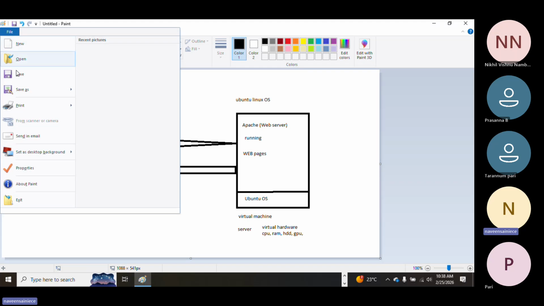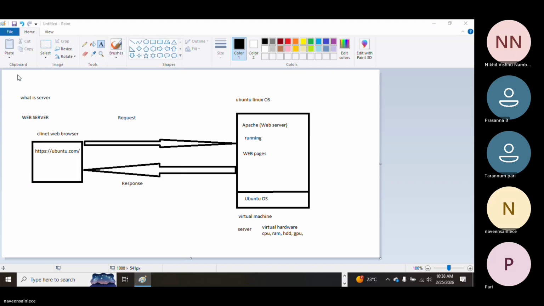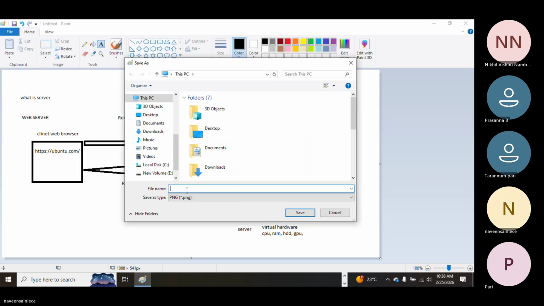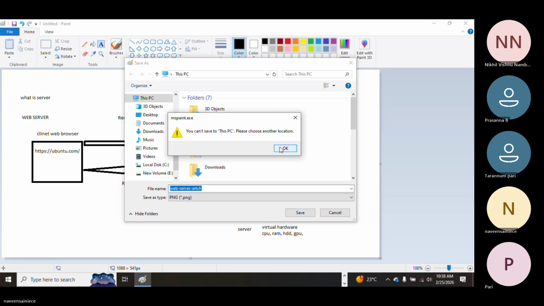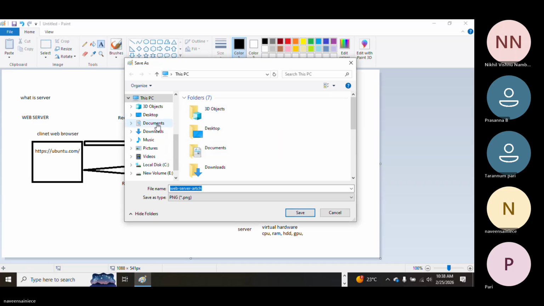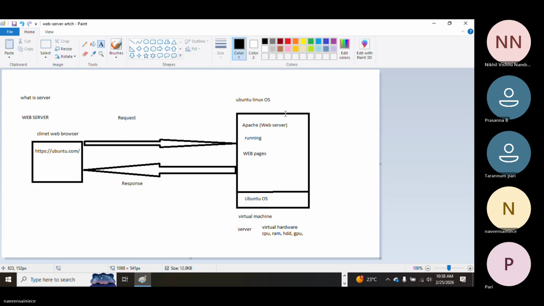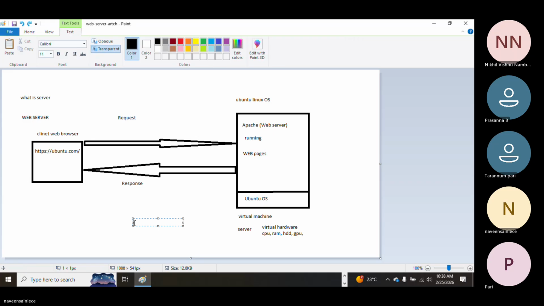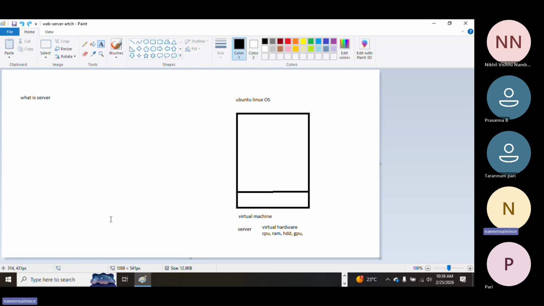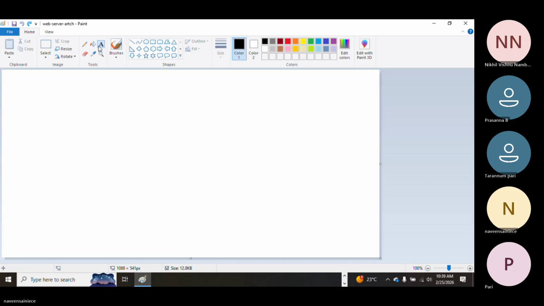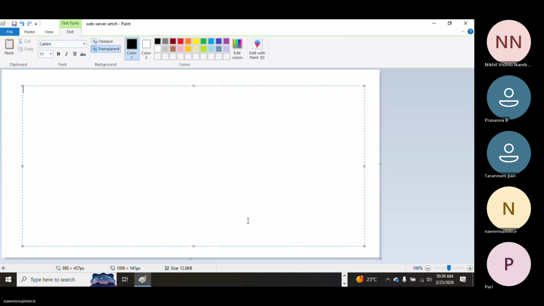We'll save this one. Web server architecture. Application.